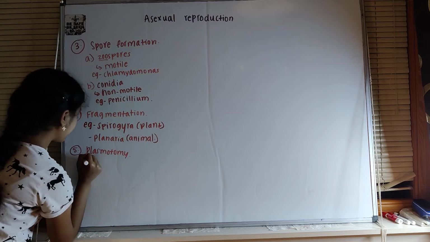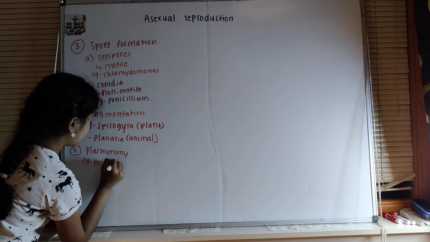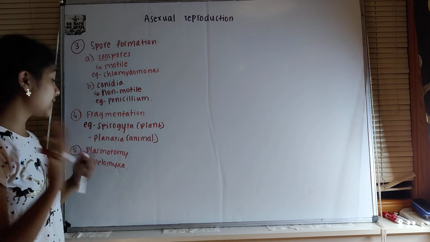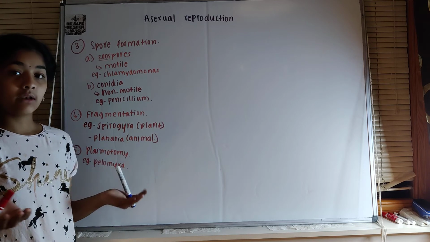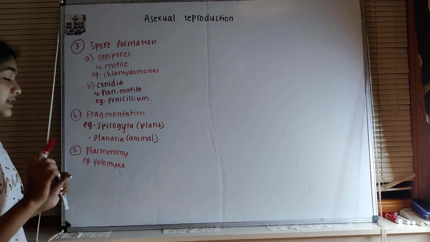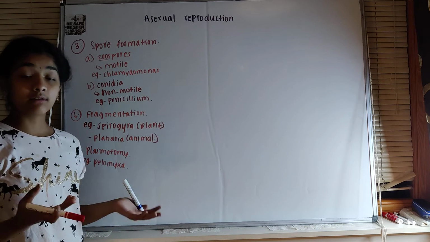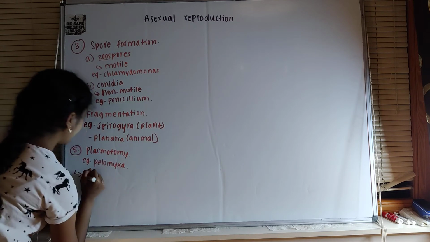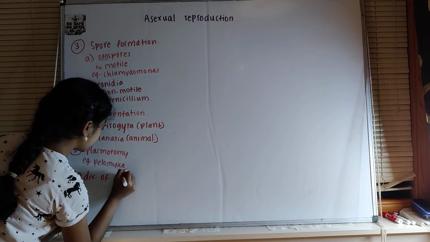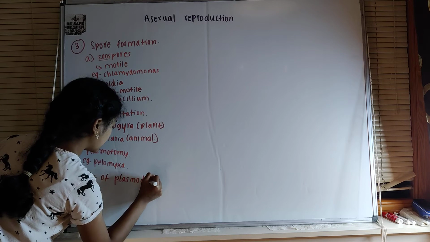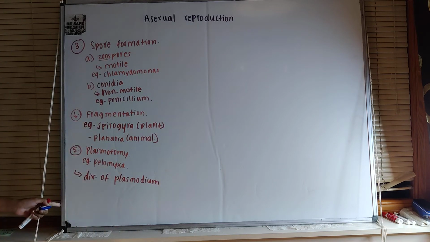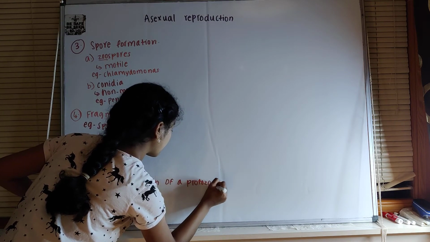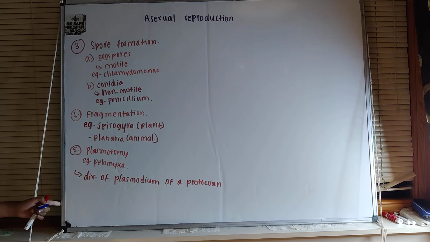Now, example is Pelomyxa. And the special thing about this particular organism, Pelomyxa, is that it can have over 1,000 to 2,000 nuclei. So it can have more than one. The usual number of nucleus is 1, but in case of Pelomyxa, there are like 1,000 to 2,000 nuclei. First, let's understand what is plasmotomy. Plasmotomy is the division of plasmodium of a protozoan